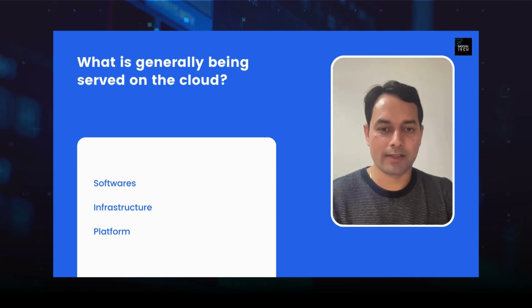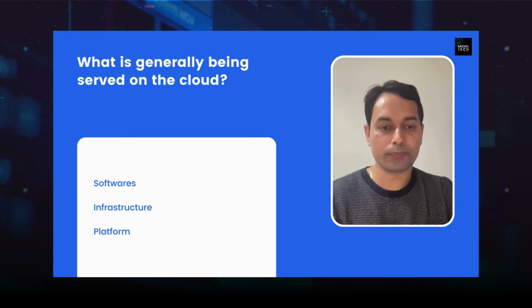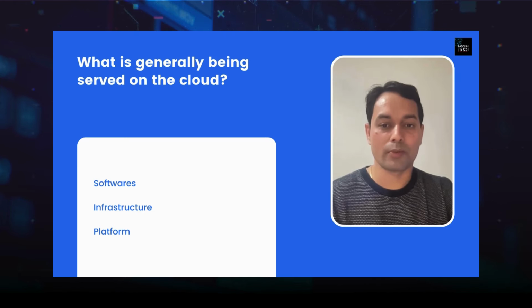So when we say we are accessing different types of resources over the internet and we call it cloud, what are these resources? Generally, there are three categories of resources which we consume over the internet. It could be software, maybe subscribing to a software or a web application and paying based on your billing. It could be infrastructure, which gives you network bandwidth and everything, maybe databases, the storage which you need for your application. Or it could be a full-fledged platform where it gives you environments completely ready to be used, where you can build your application, run it, and scale it. So three things are being served on the cloud: software, infrastructure, or platform.